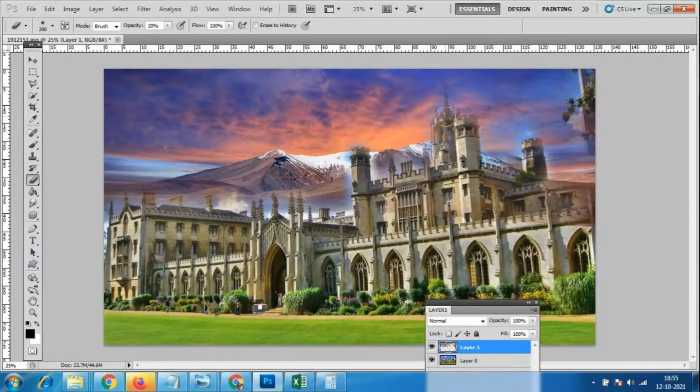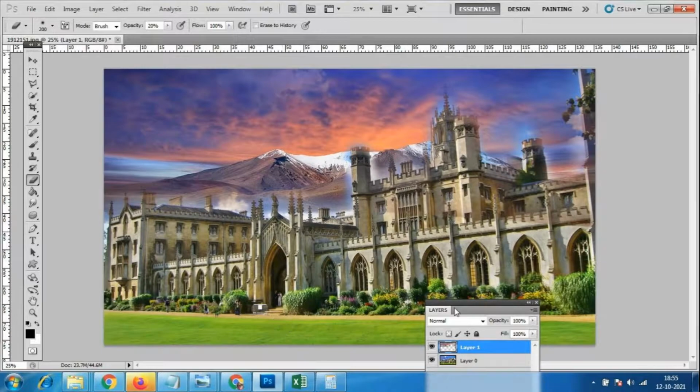But if we want a little blurry, foggy kind of effect, then we should not give so much opacity. We don't want a very clear picture somewhere like this, so no need to give so much opacity. Okay, so this is the thing.